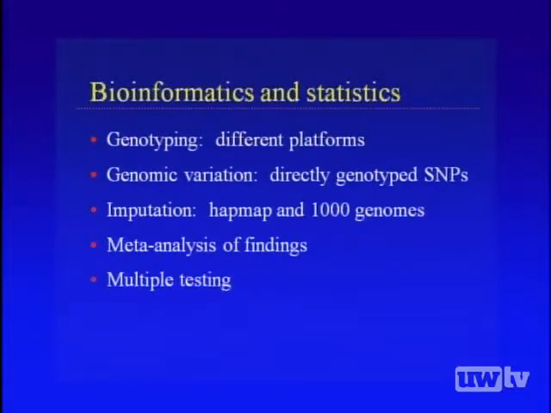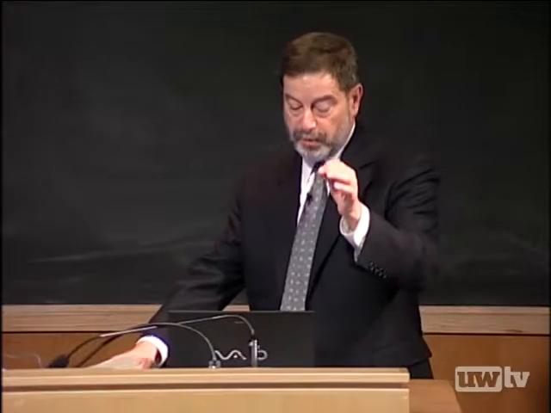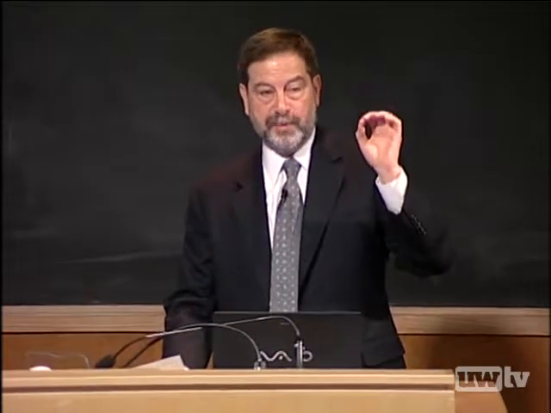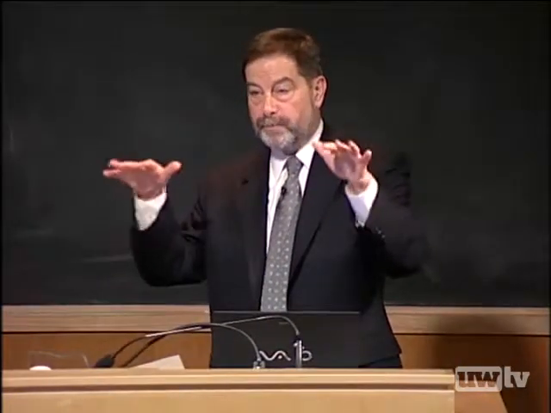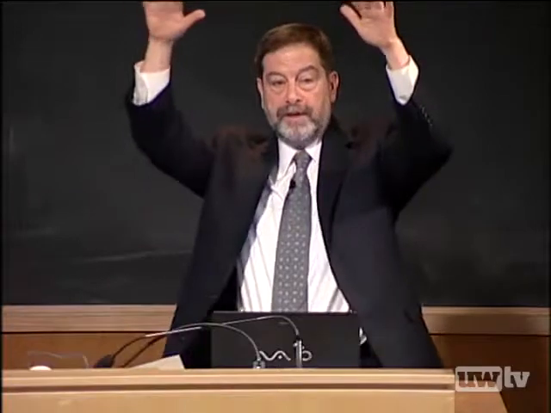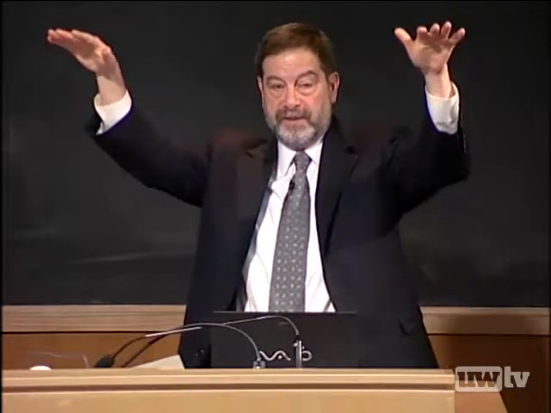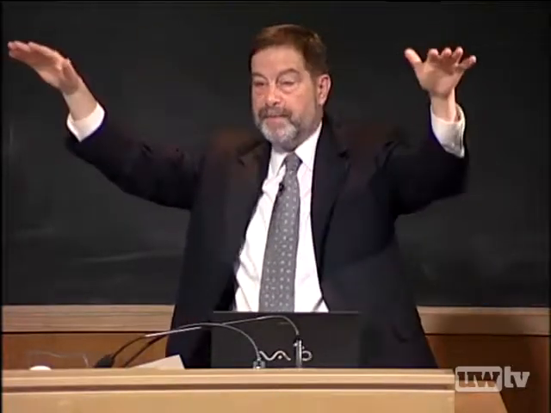So the meta-analysis of findings was one way to finesse and get around the IRB constraints. But the other thing was the meta-analysis of findings was possible because of this ability to impute. So even if different platforms were used, you could all impute out to the 2.5 million SNPs in the HapMap, have a common metric,